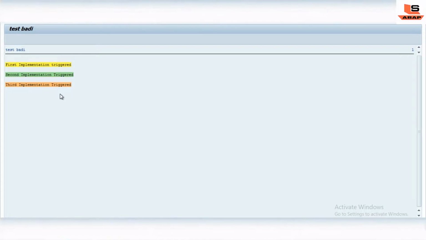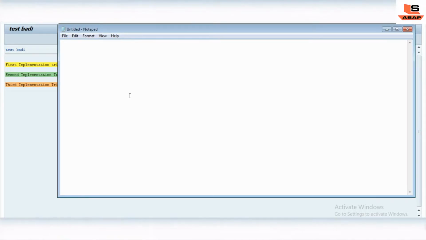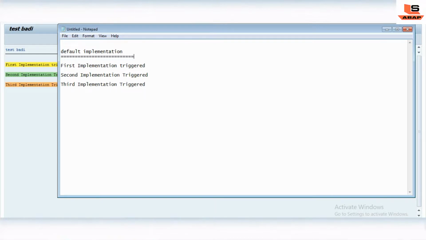But now let's suppose I will just copy all of this. I will open the notepad now. So this is our default implementation.